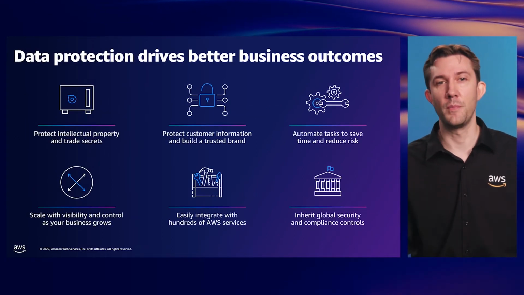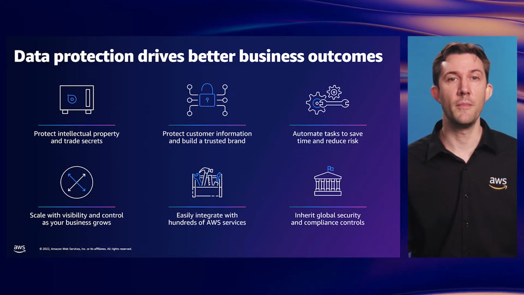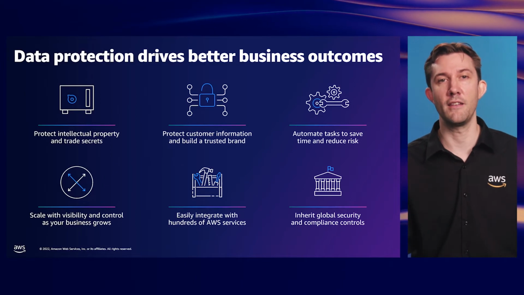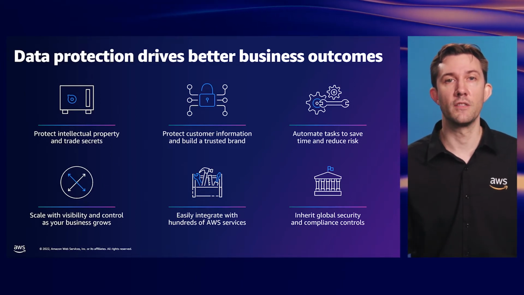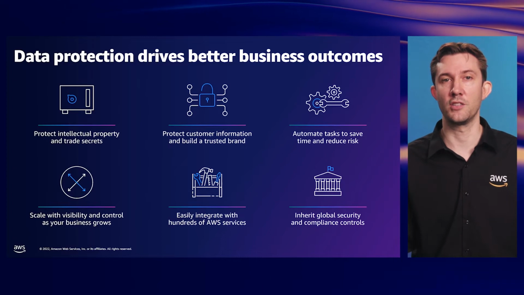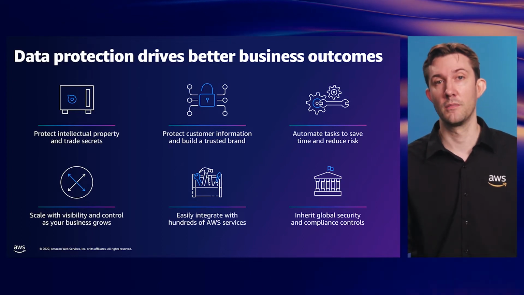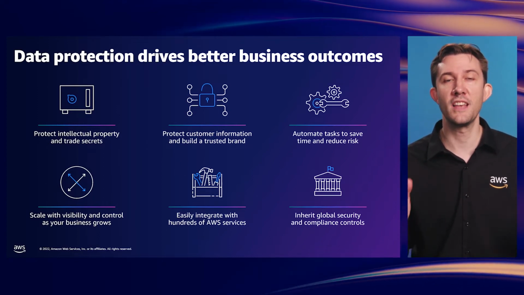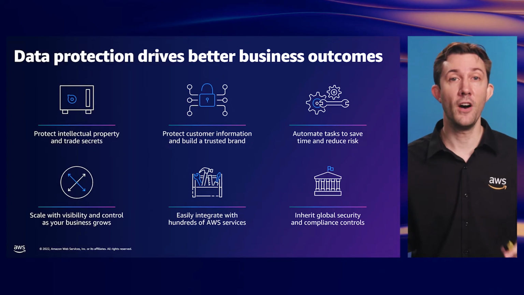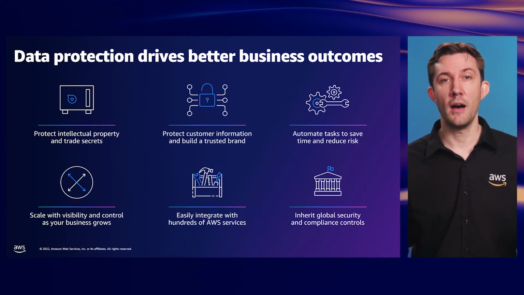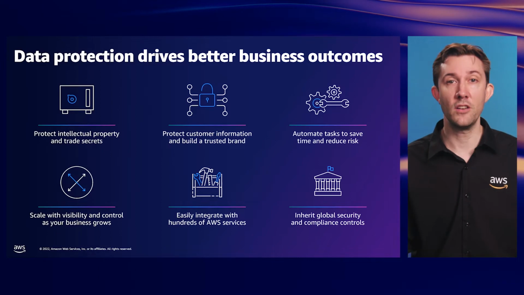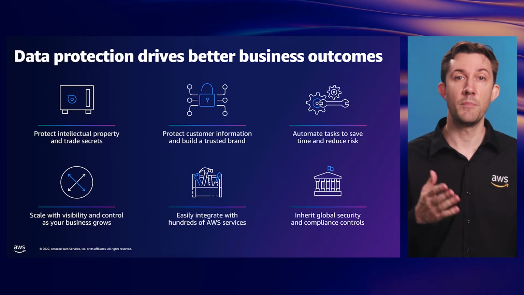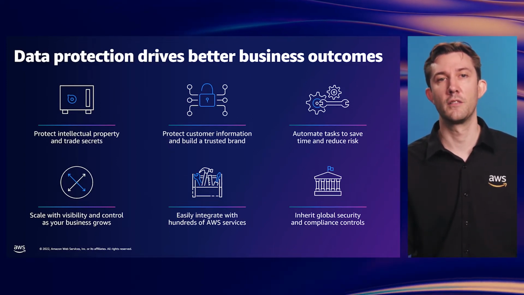There are a number of business benefits. Customer information and intellectual property protection. Keeping your business data safe. Reduction of risk by automating misconfiguration detections. Reducing your business risk. And easy integration with many other AWS services, which saves time building. And finally, tools like Security Hub come with industry-standard security and compliance checks built right into them. You can turn on CIS and PCI checks with just a few clicks.